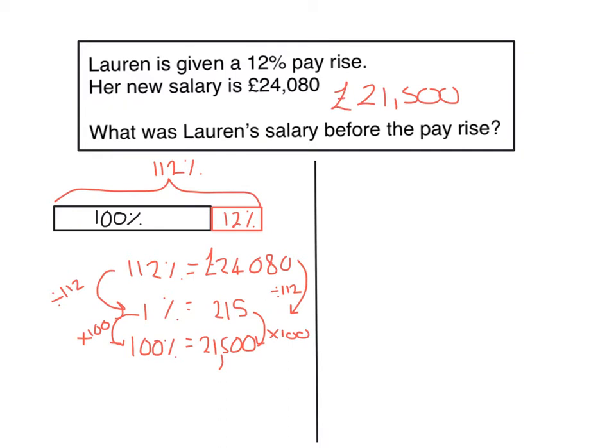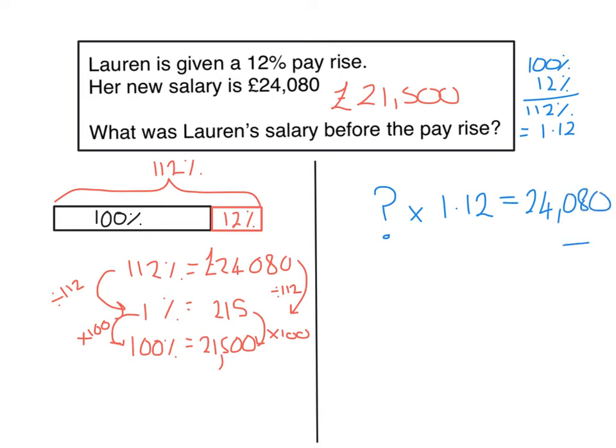So you can do it that way, perfectly fine. I'm guessing that lots of you will prefer to do it that way. I do want to show you the multiplier method as well though. So we know that there's an original amount. I don't know what it is. I know that there's been a 12% pay rise. Now remember, we've started with 100%. We've added on 12%. That's 112% altogether. As a decimal, divide by 100, that's 1.12. So I know that this original amount has been times by 1.12, and my answer is my new salary, so